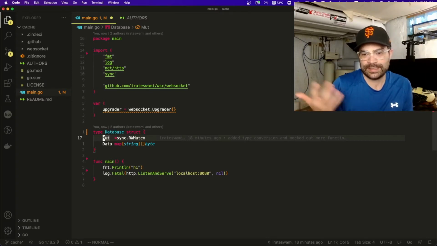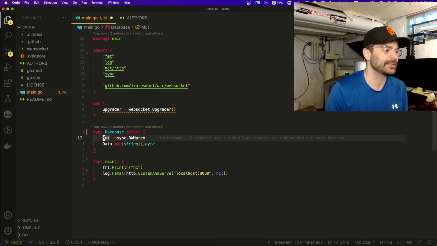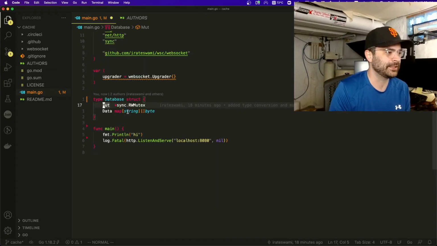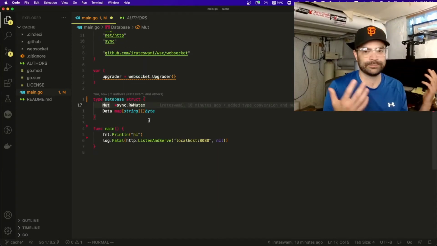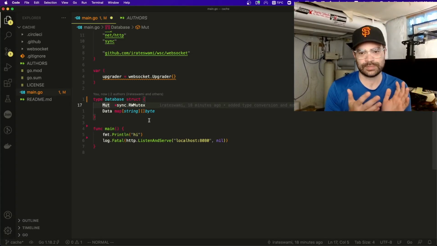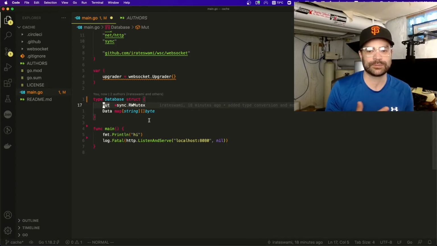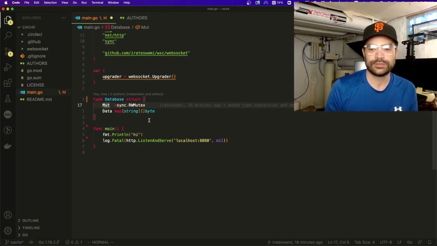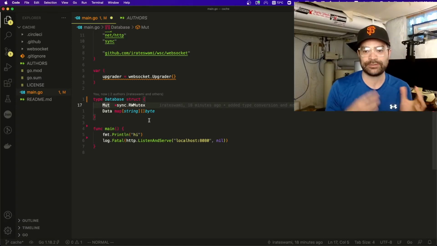And in which case, it's an in-memory key value database. So what is that key value database? Well, it's just a sync mutex and a map of string to byte slices. So the keys are going to be strings, and the values associated with them are going to be byte slices. So why byte slices? Well, remember I mentioned we're going to use gzip to compress data after it comes into our